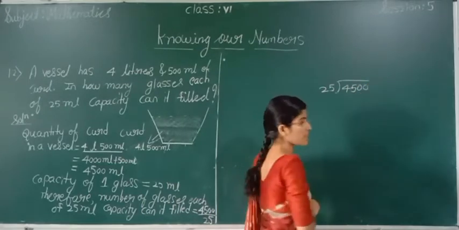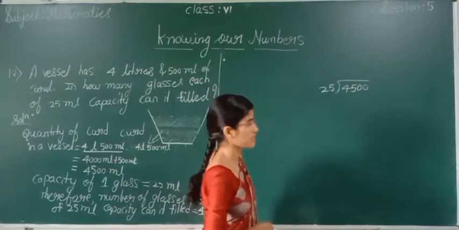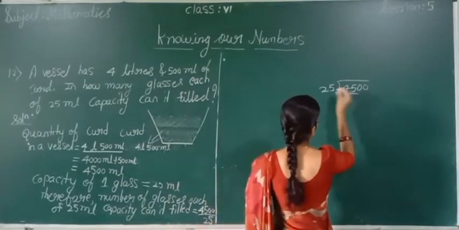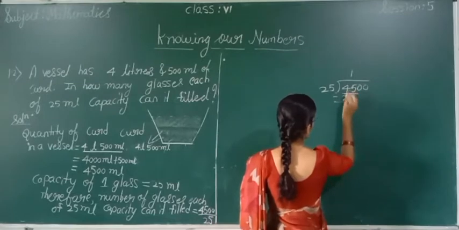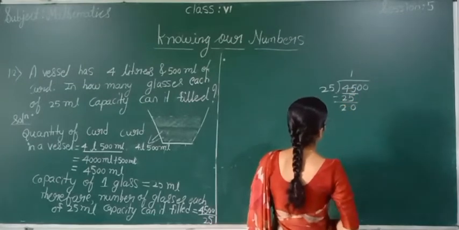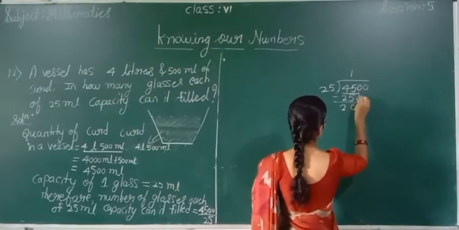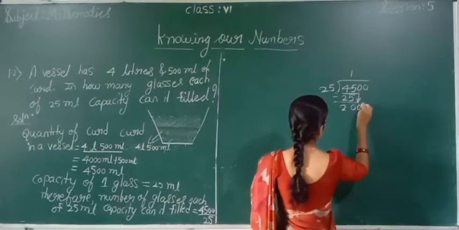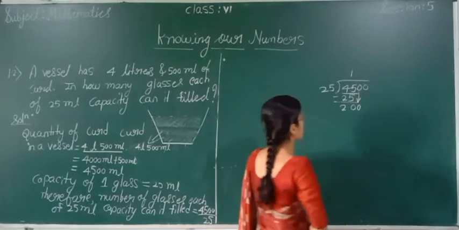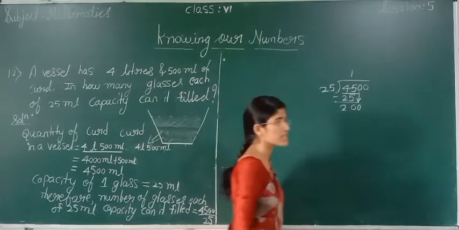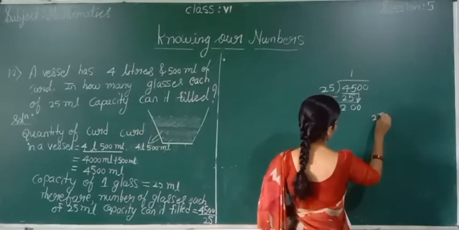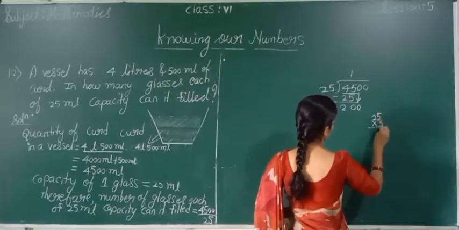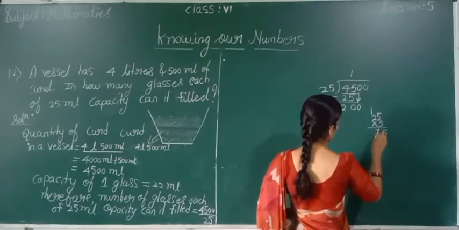25 is 25, 25 2s is 50. This will be so big, right? We'll do 25 is 25. 5 minus 5 is 0, 4 minus 2 is 2. Now we will take, now see, 25 2s is 50. 25 3s are, what is 25 3s? It is 125, right? 25 3s: 5 3s are 15, 3 2s are 6, 7.